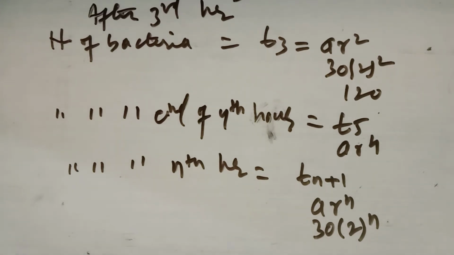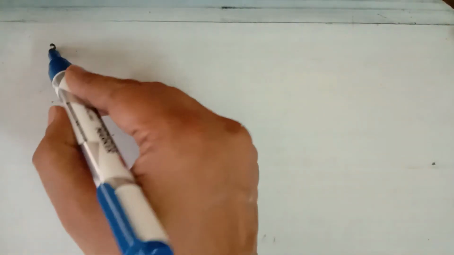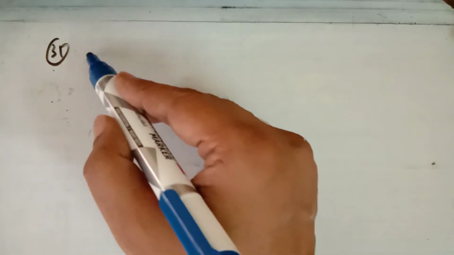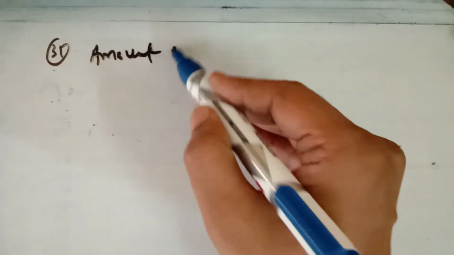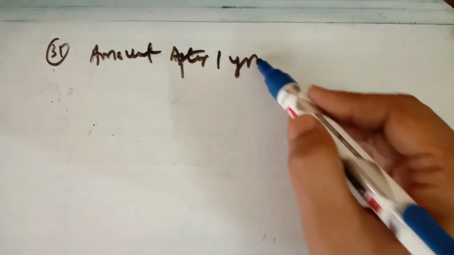Now in 31, read it very carefully. What is given? What will 500 amount to after 10 years after the deposit? 500 rupees has been deposited, and how much will it amount to after 10 years, with the rate of interest given as 10%. So the original principal is 500. So 31, the amount after 1 year will be